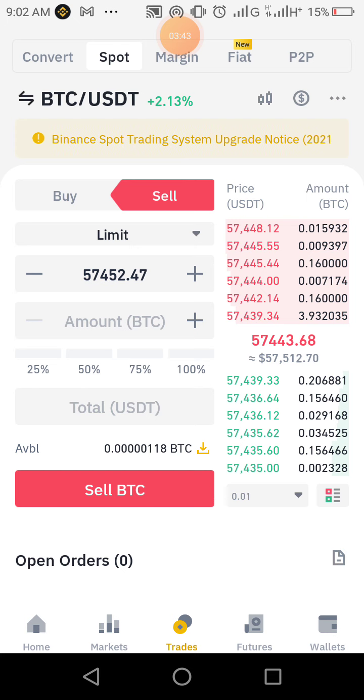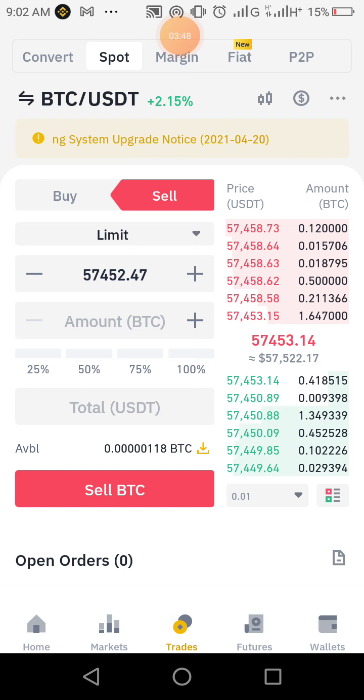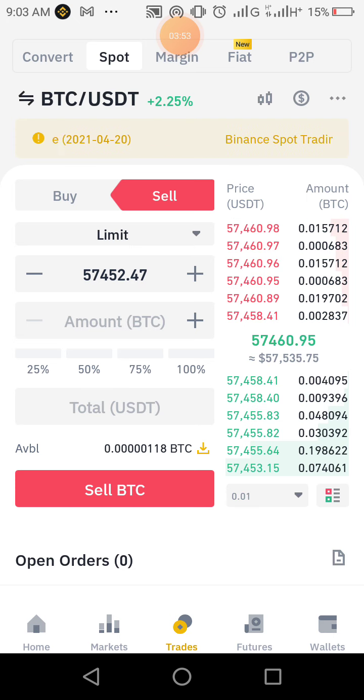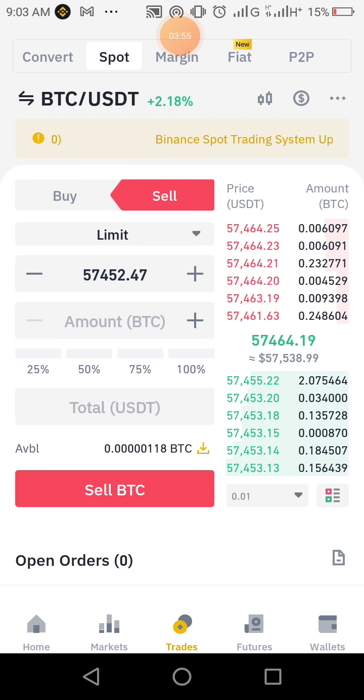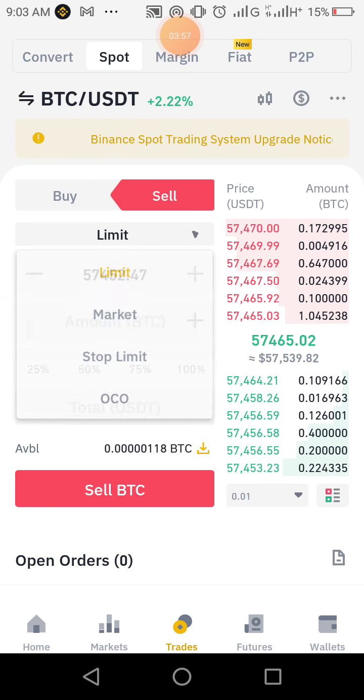Off the bat, you can see below the Sell and the Buy, you see Limit. There's also some numbers below the Limit, and then there's Amount BTC. There's a lot of others. I'm going to go through this. First of all, the limit. You see the limit there. The limit is basically saying,